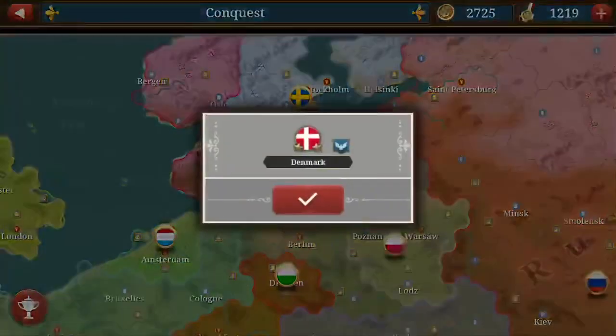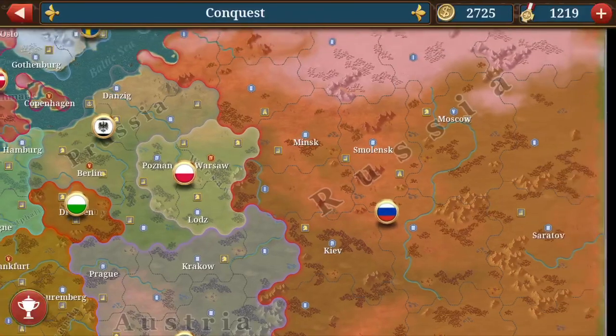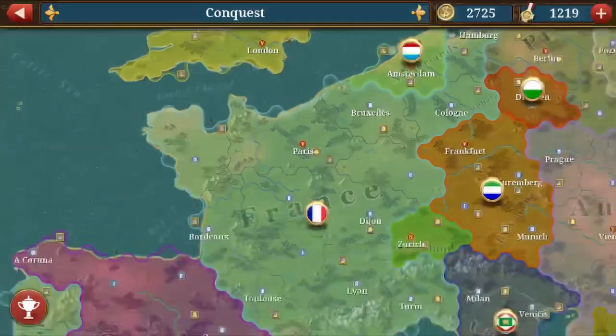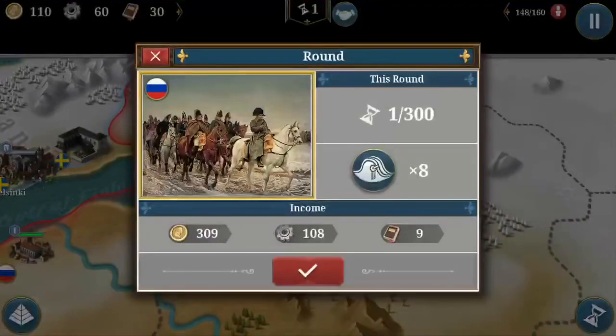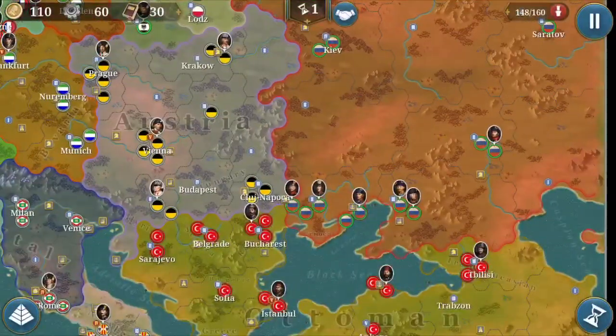Might be quite beneficial beginnings. Possibly one of the two, Danish or Swedish, might be a good choice. I still would have to look a bit and play a bit more Conquest to know which ones are the exact best starting positions. I now took the Russians as a little example here to show that this time they